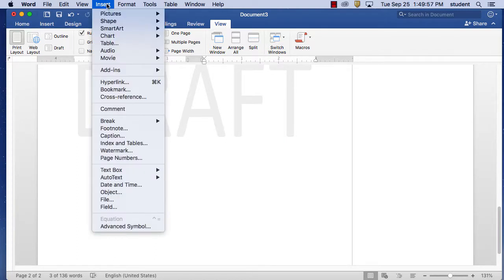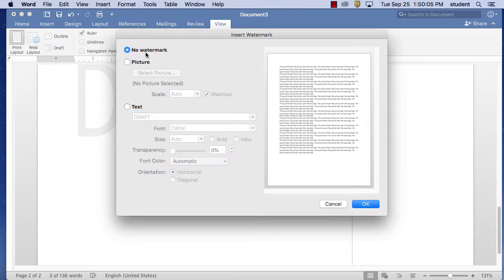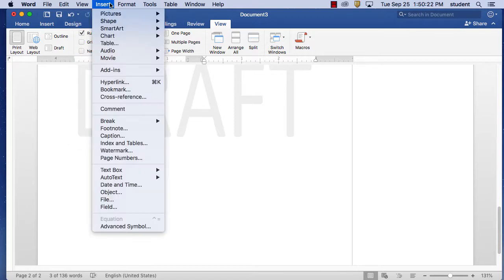It was under Insert, Watermark. That's where I was. Again, it's called a watermark. When you're done, you can turn it off. Again, it's usually for draft or confidential, right? So it puts a little mark on the document. That was under Insert,